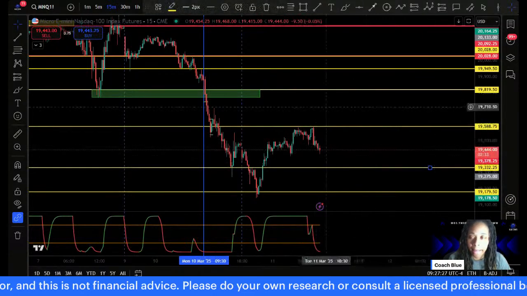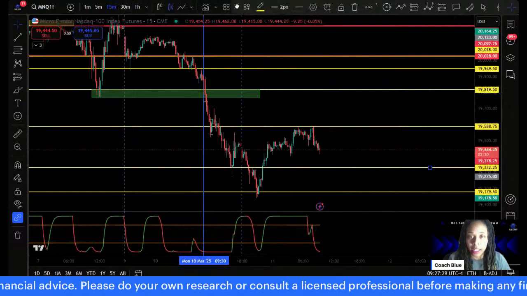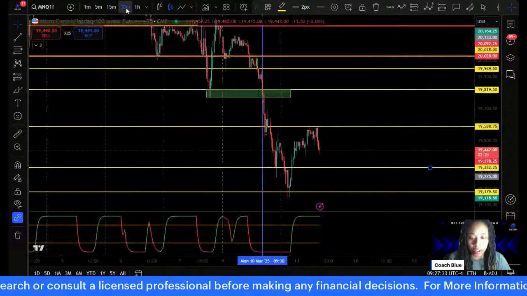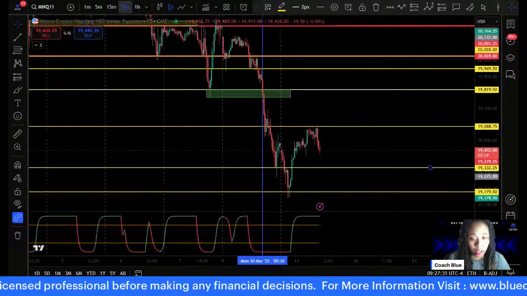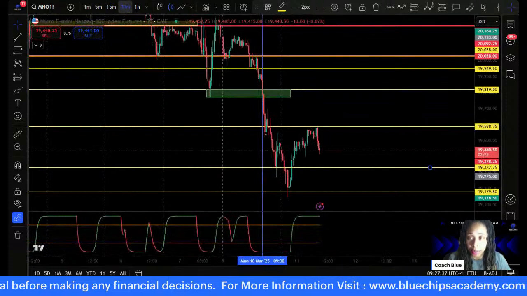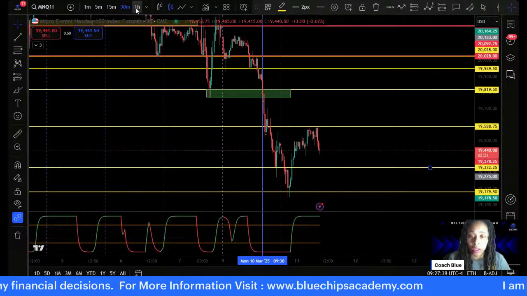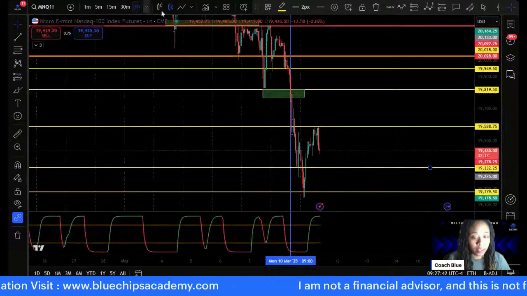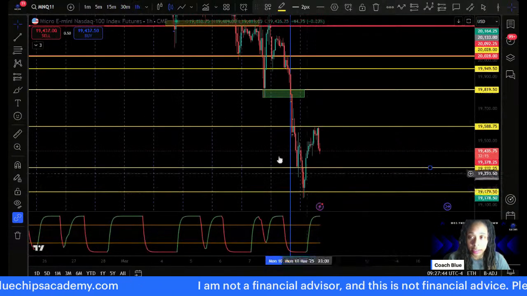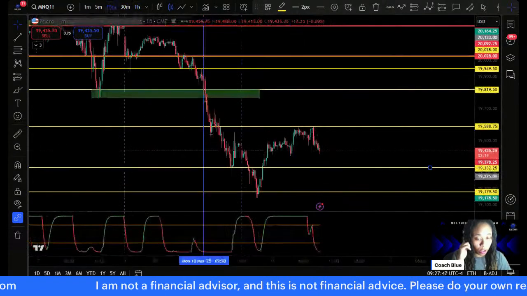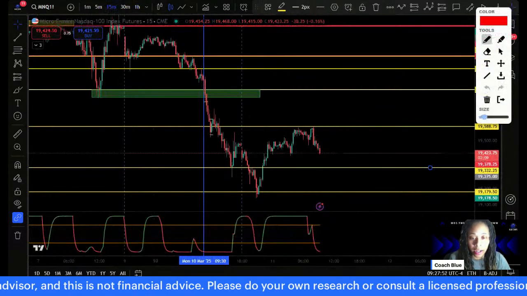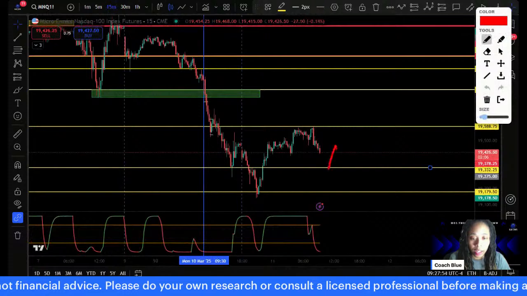Personally, let me see what the higher time frames look like. We're overbought on the 30-minute. Interesting. And we are overbought on the 1 hour. So we might be going to the downside today, guys. The 15-minute is oversold, but what I'm thinking might happen is we might find some support and then find an